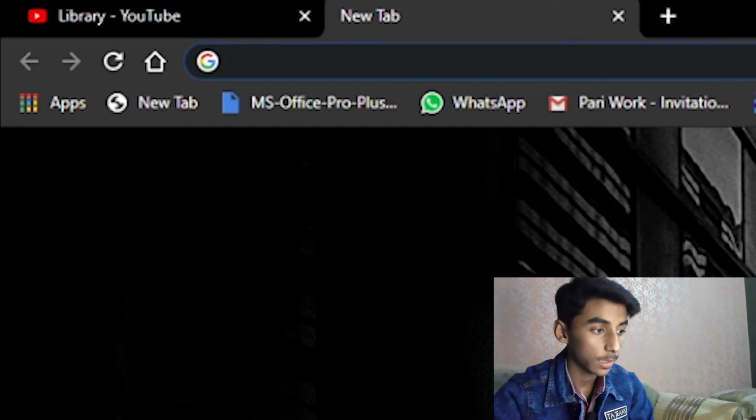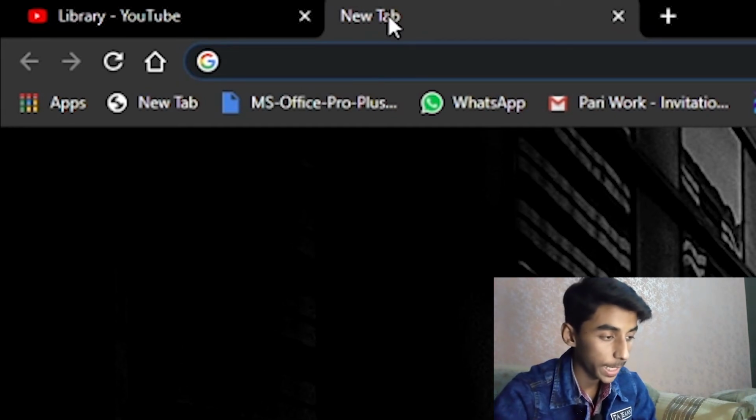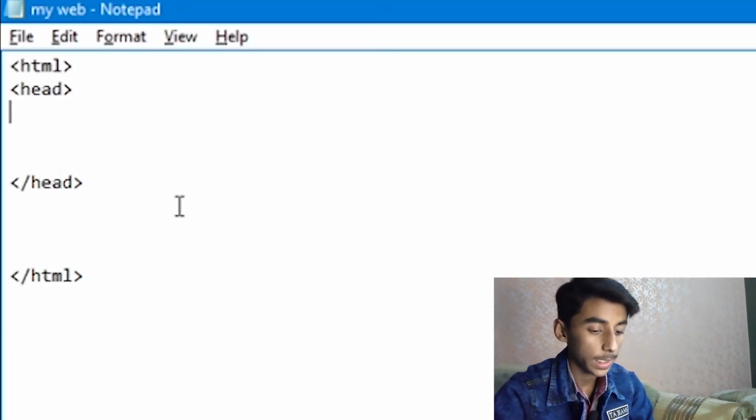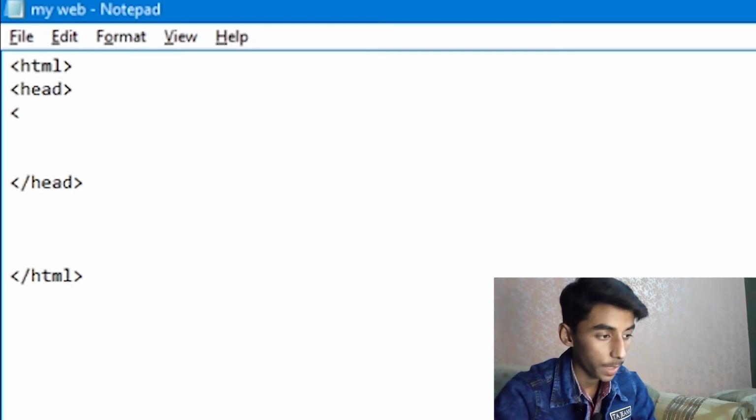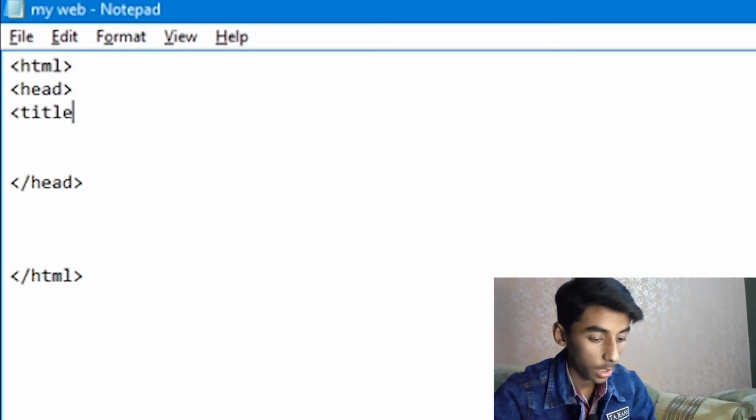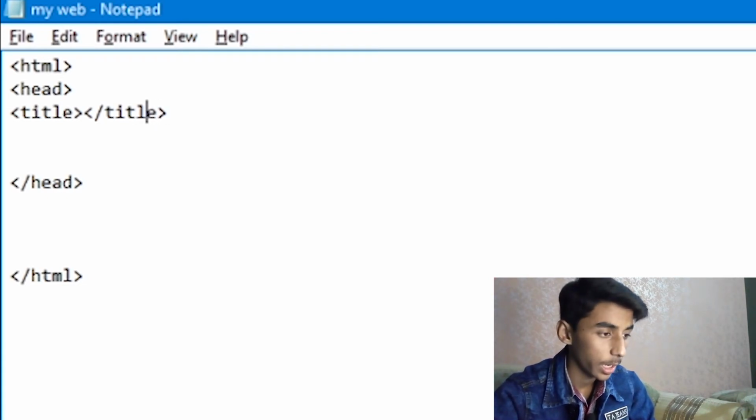So let's suppose we add a title. The title tag starts with less than as usual, and the ending tag is also the same. Only you have to put the forward slash in the ending tag, and between these you add the title you want to add.